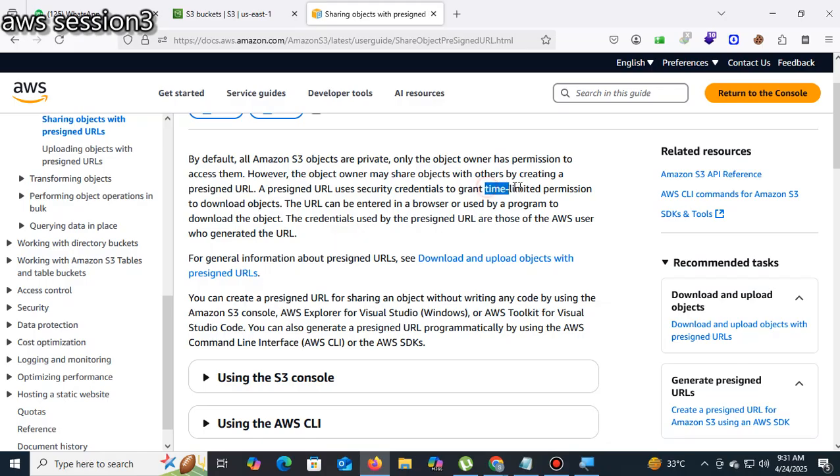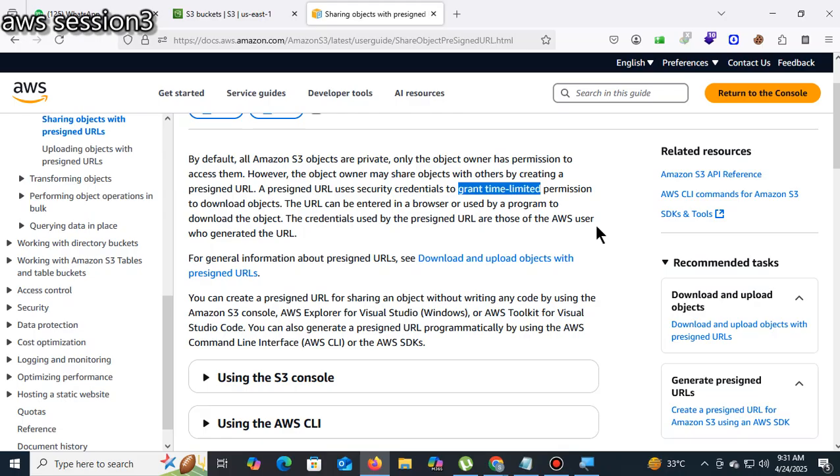See this. Grant time limit. Suppose I have a Netflix subscription. When you take the subscription the first time, suppose they give a trial version to watch videos, like 4 hours.